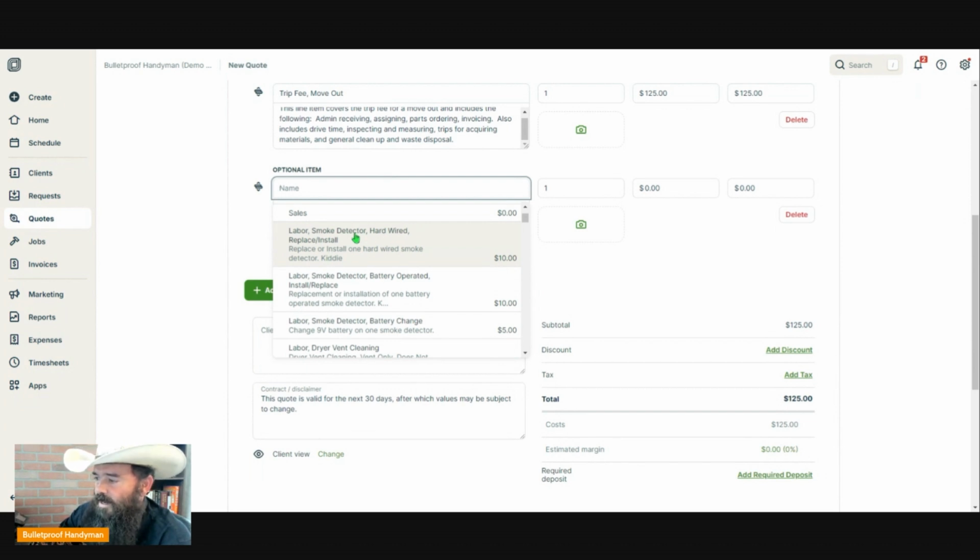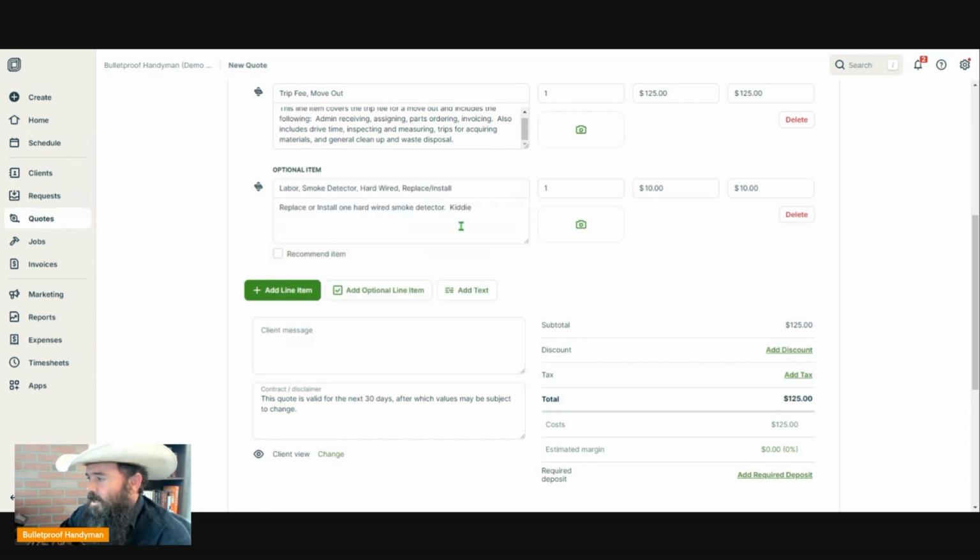So let's go down just right here at the top. How about a smoke detector? So this custom line item says labor, smoke detector, hardwired, replace or install. It's set at $10. I've actually been changing this to 12 lately, so I'm going to end up updating this to be $12 per smoke detector instead of 10. Let's say this house has 5 smoke detectors, and now we've got this line item done, and that's for the